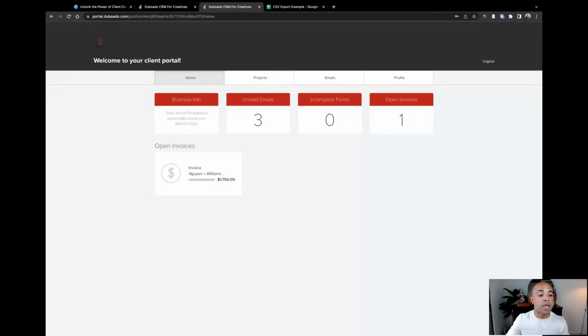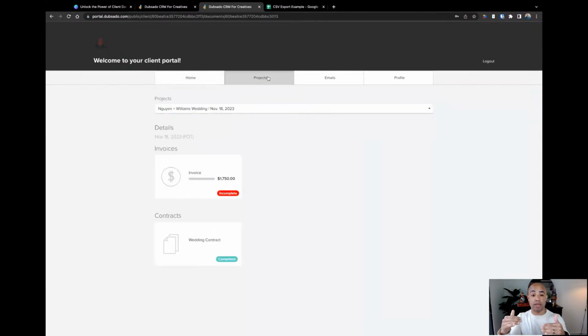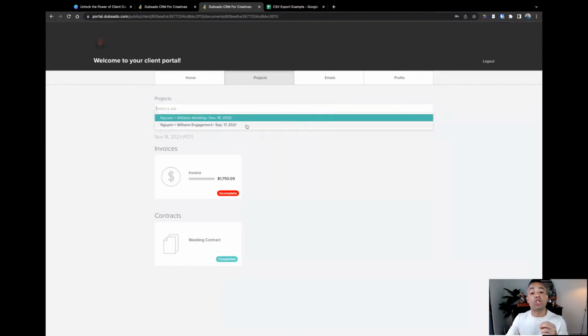So let's take Kathy here, for example, and I'm going to click on the projects tab where Kathy can see all of the projects that I've done with her. In here, if I click on this projects dropdown, you'll see that I have 2 projects that I've done with Kathy. I've done an engagement session, and I have a wedding session coming up.